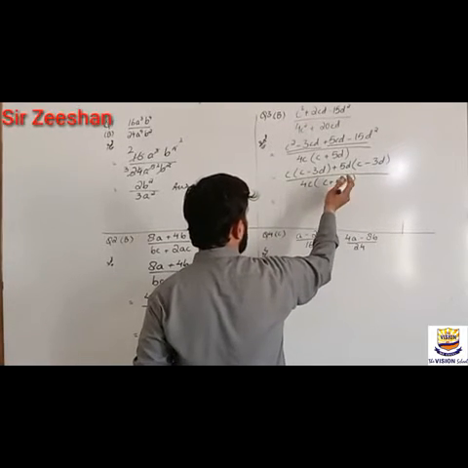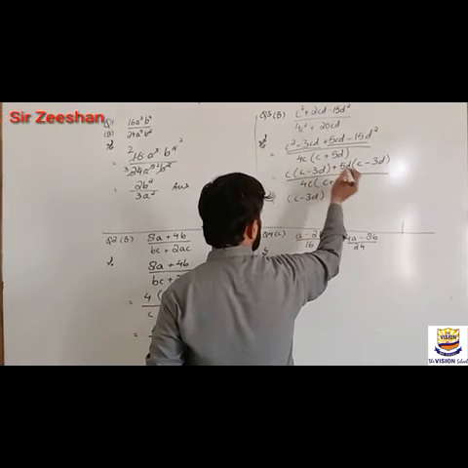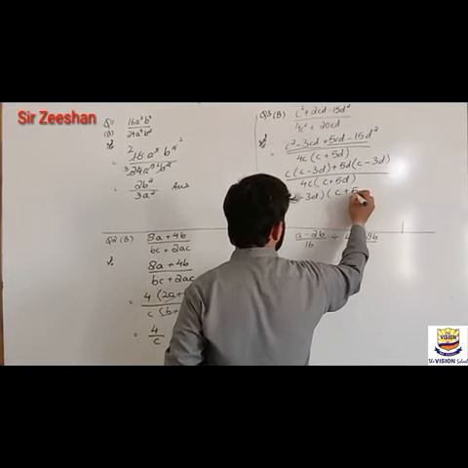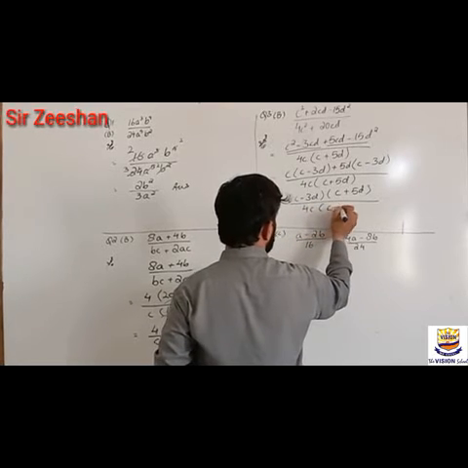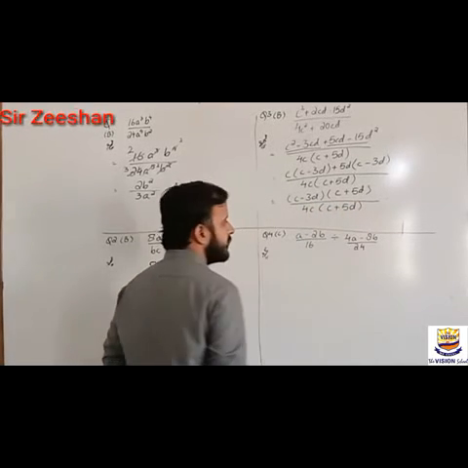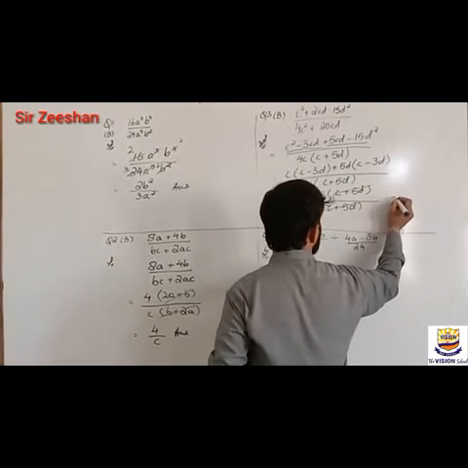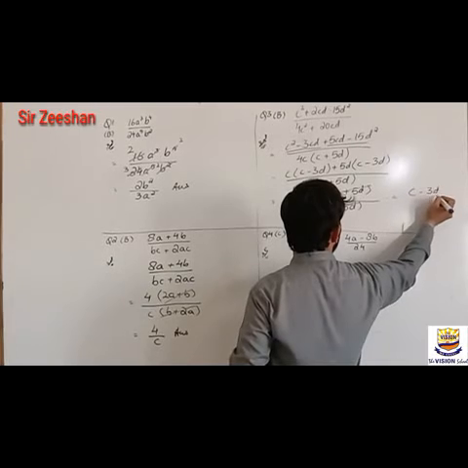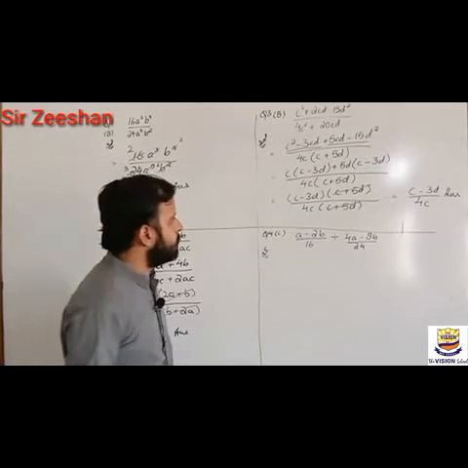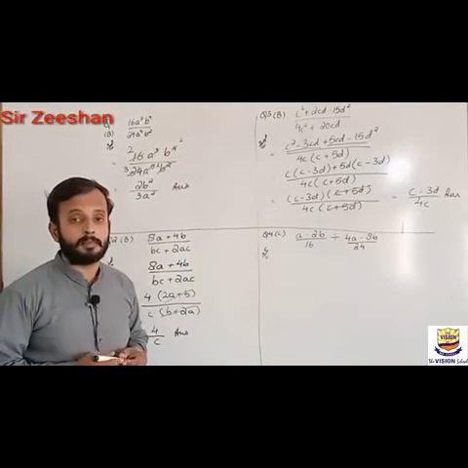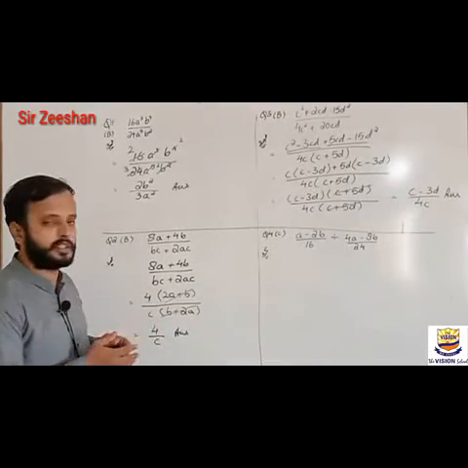After that, what is common in this whole line? That is c minus 3d, and the other bracket will be c plus 5d, and the denominator will stay the same, c plus 5d. As you can see here, now we have two brackets in common, in the numerator and denominator, which will cancel, and our answer will be c minus 3d upon 4c. Quite simple. So in this chapter you are going to utilize all the concepts which you learned in chapters number 3 and 4, as you can see here in the solutions also.